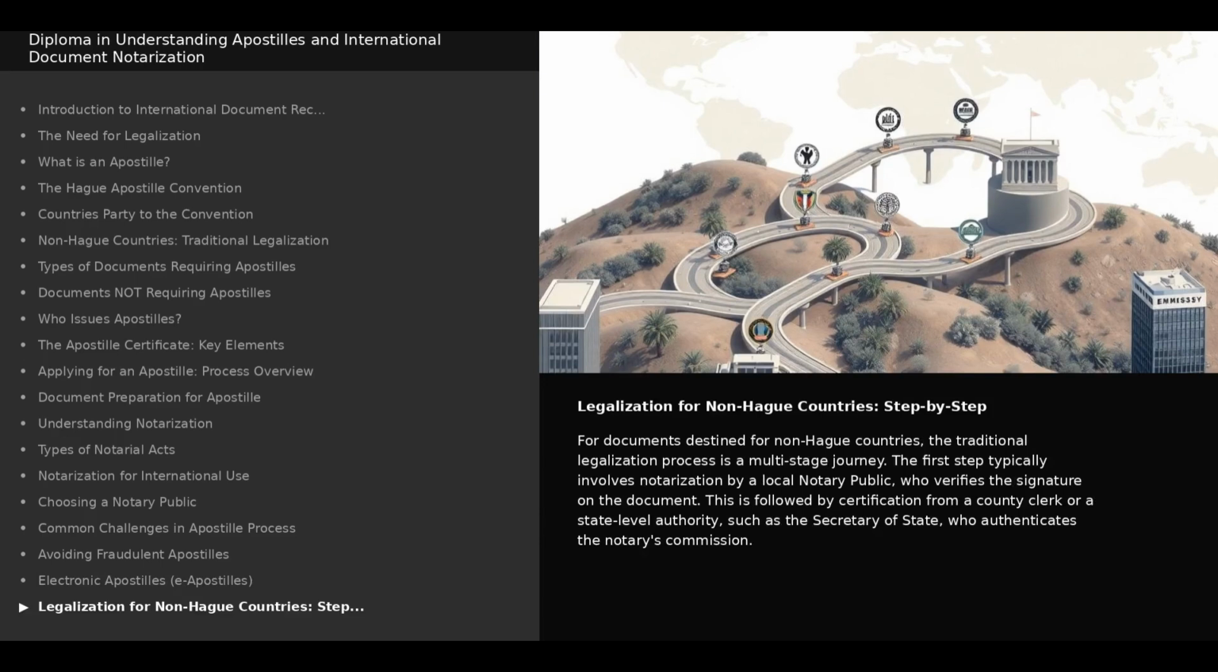Legalization for non-Hague countries. Step by step. For documents destined for non-Hague countries, the traditional legalization process is a multi-stage journey. The first step typically involves notarization by a local notary public who verifies the signature on the document. This is followed by certification from a county clerk or a state-level authority, such as the Secretary of State, who